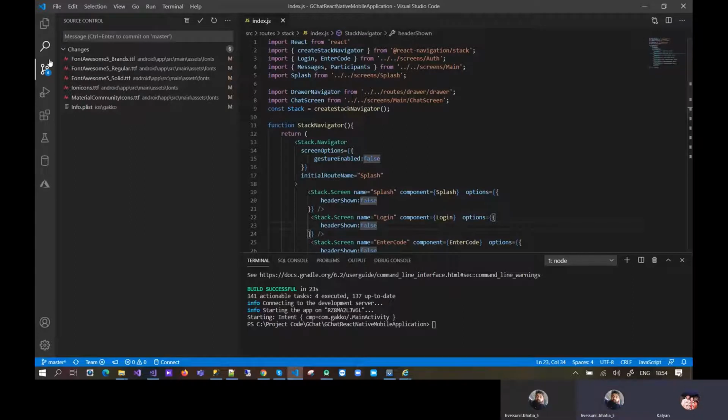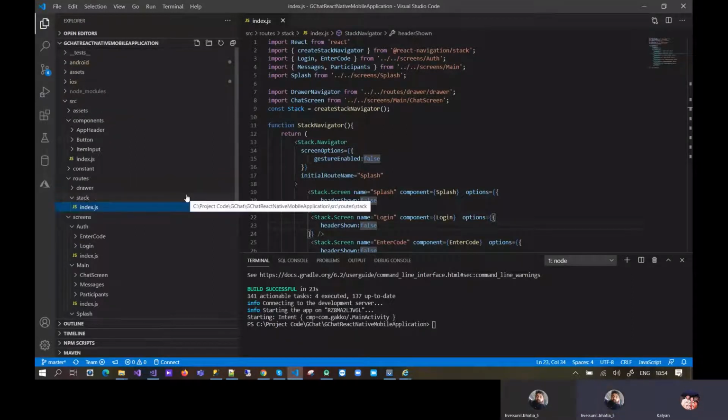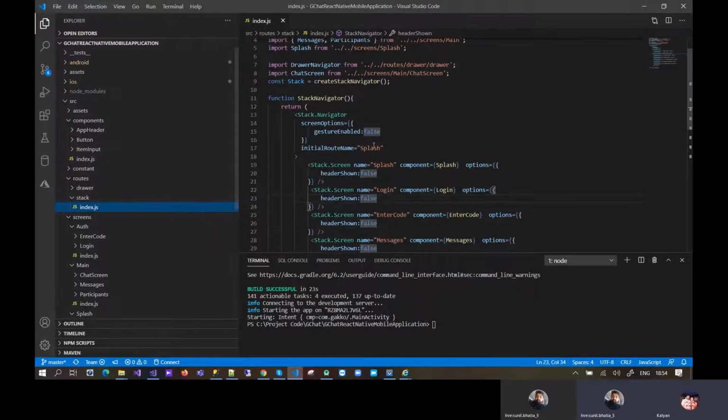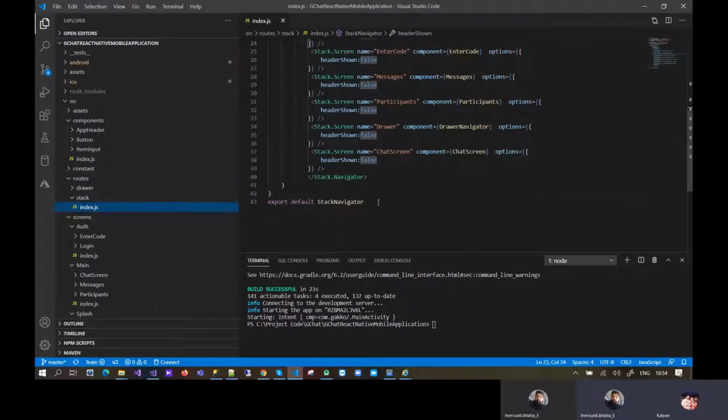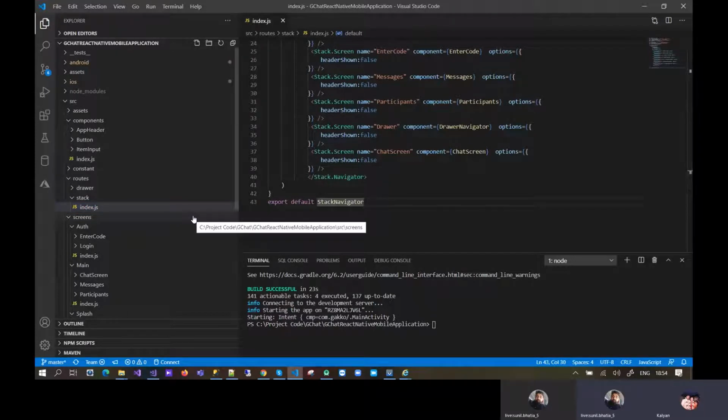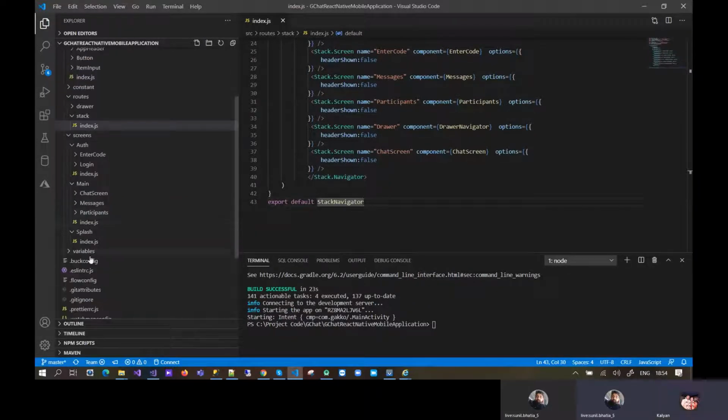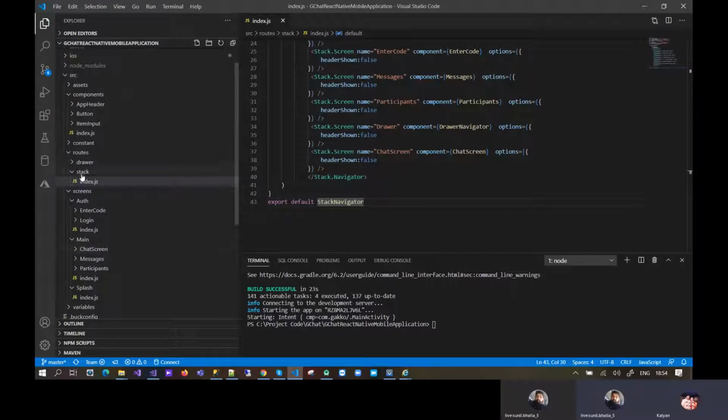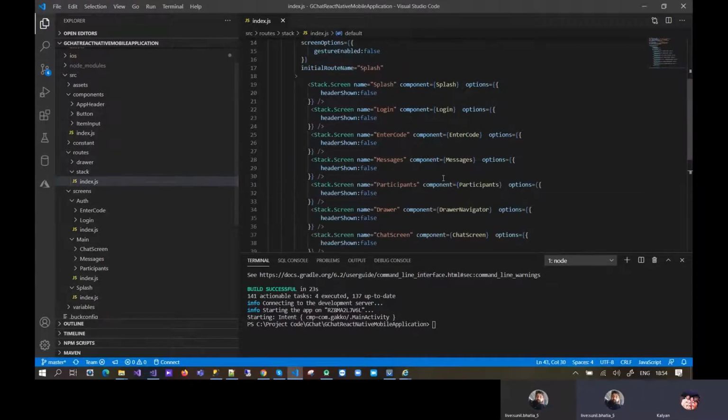So how can I know that the code is there on my system? Open the routes folder. Have you seen any routes? Yes, routes under stack index.js. Yeah, under this.